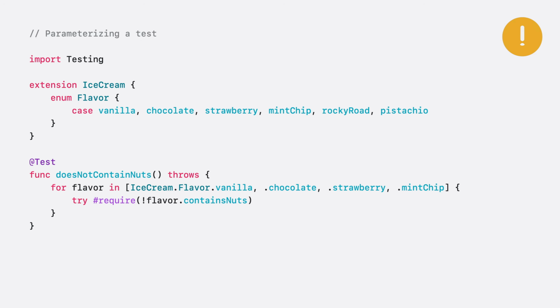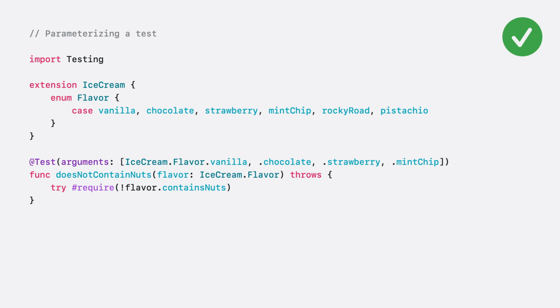Let's walk through how to parameterize our test function in more detail. You might start by writing a test function that loops over all the cases in the enumeration and tests each one. This function works, but we can improve it. One problem jumps out. If this test function fails for one of the values in the array, it will stop execution and won't test subsequent arguments. It may be unclear which value failed, and you won't get the coverage you want.